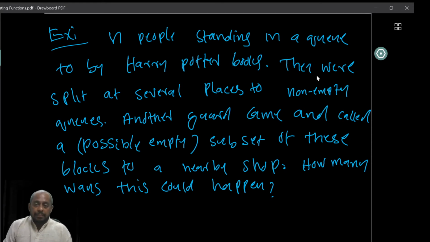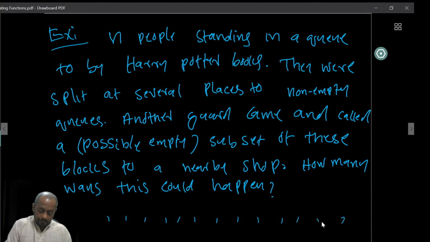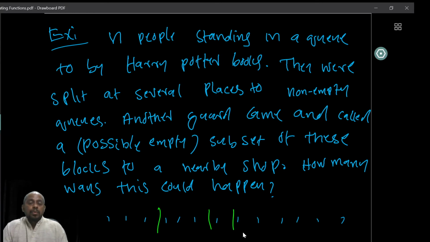So here is an example. Let's suppose that n people are standing in a queue, let's say to buy Harry Potter books. Now, these people were split at several places, so there are n people standing, and then they were split at several places into non-empty smaller queues. Then